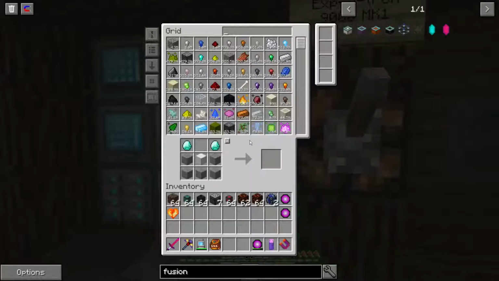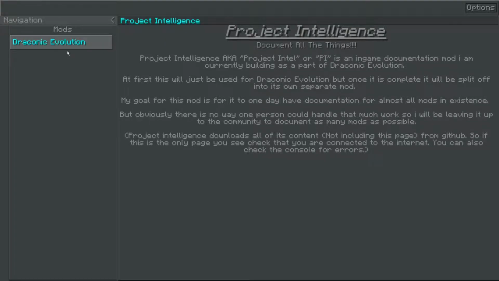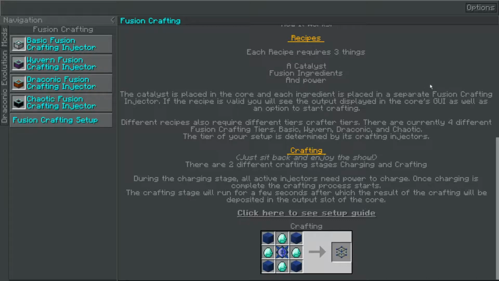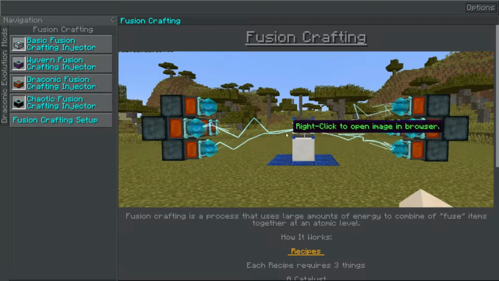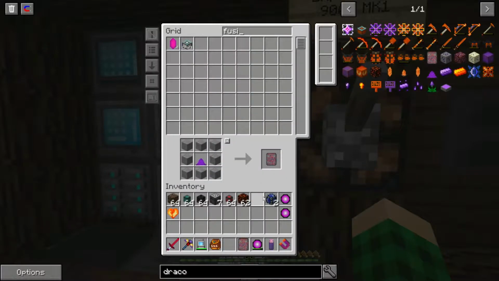Do I have the draconic tablet? Holy lag, okay. Fusion crafting. Charging. Injector for different fusion crafting tiers. Yeah, so basically we can have, let's get 16 of them. It shouldn't take too long. Bam. And then we need a fusion